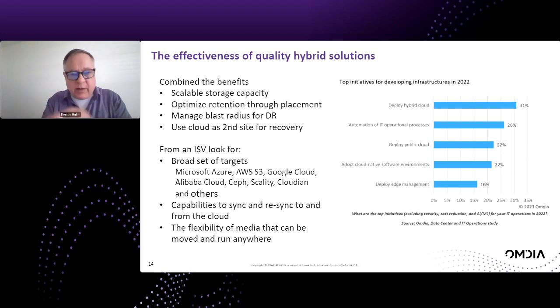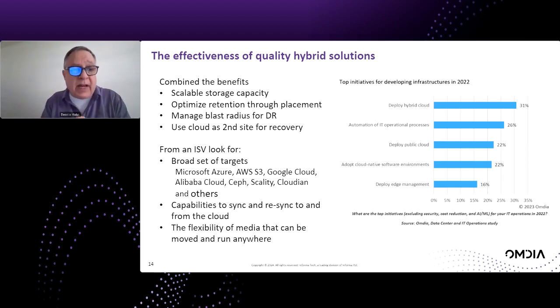Where's it best? And certain applications, and I won't go through this, it's a whole other presentation, but certain applications you're going to want to run on premise and others not. It depends on the life cycle of the application and workload and how things are going. But at the end of the day, things are moving around, and placement is really important. Also to consider when you're talking about backup, and I'm going to talk a little more about this, but consider the blast radius for DR. If your data center happens to have a big networking issue, do you have another data center you can go to, a second site you can start running from and recover that data to and get going?